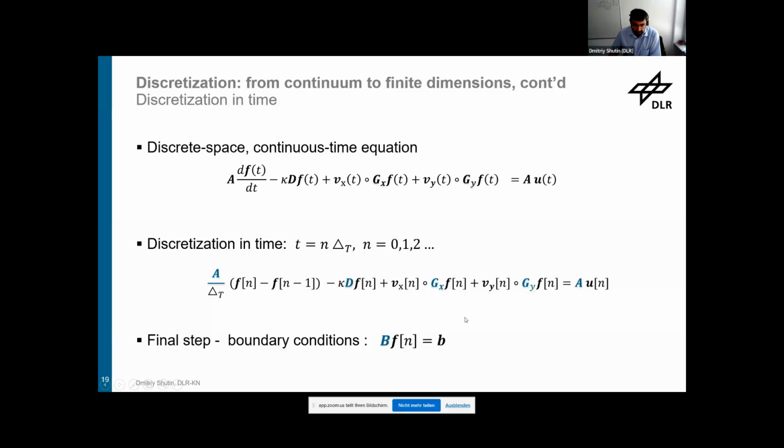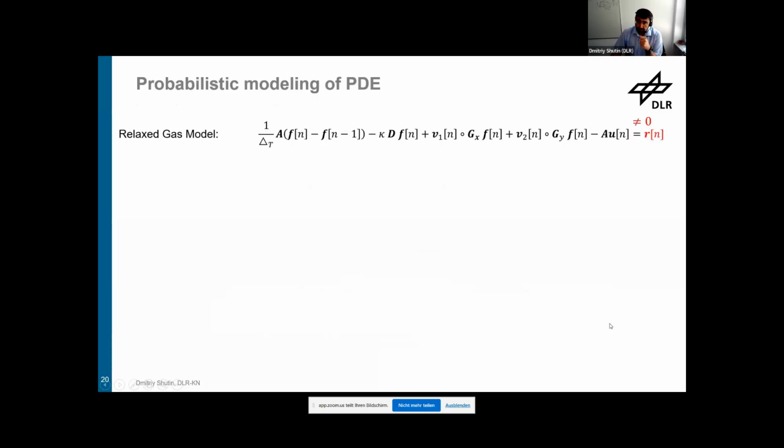And of course, we also need to introduce a boundary condition for the partial differential equation, which basically extends the state space with additional variables. But that's just a minor thing, so that's not that important for our discussion. What is important is that we take a continuous equation in time and space domain and effectively bring it into a difference equation over a large state space vector, which describes our state or system in space now. So we now have basically a fully discretized equation. How do we proceed from there?